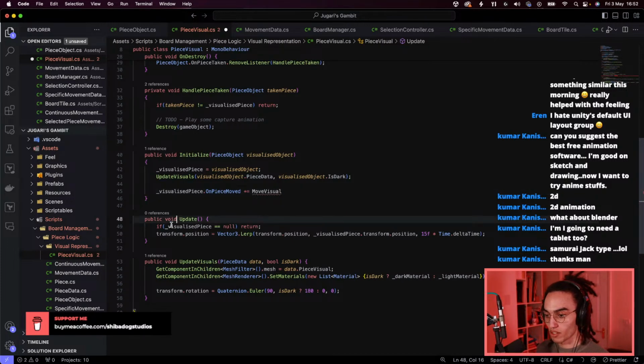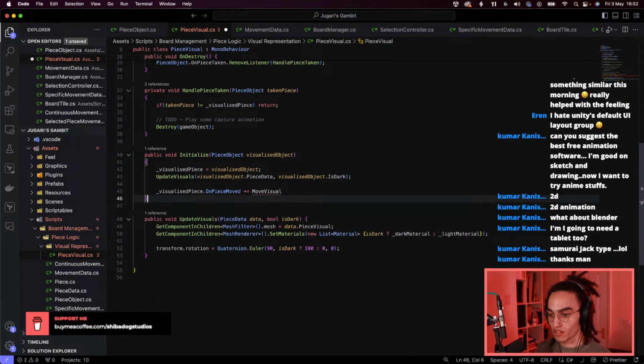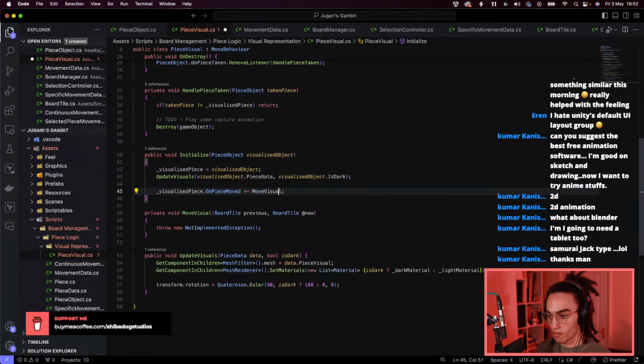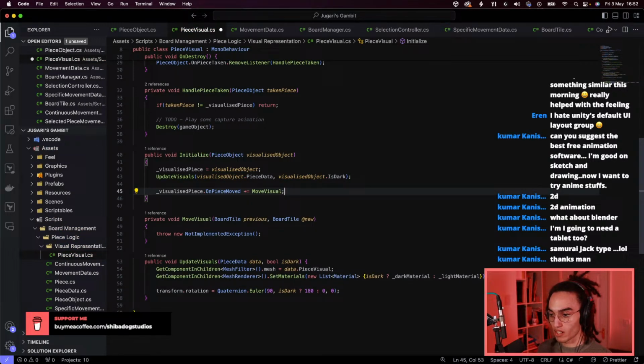Yeah, because we're not going to do any of this anymore. Okay, so let's get rid of our update method. Generate a method for that, and we're also going to say